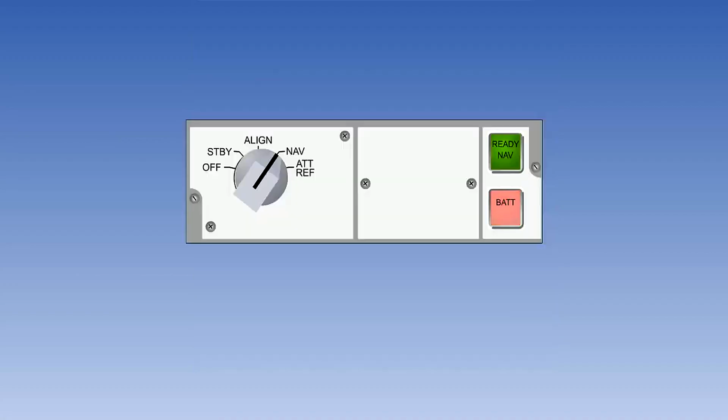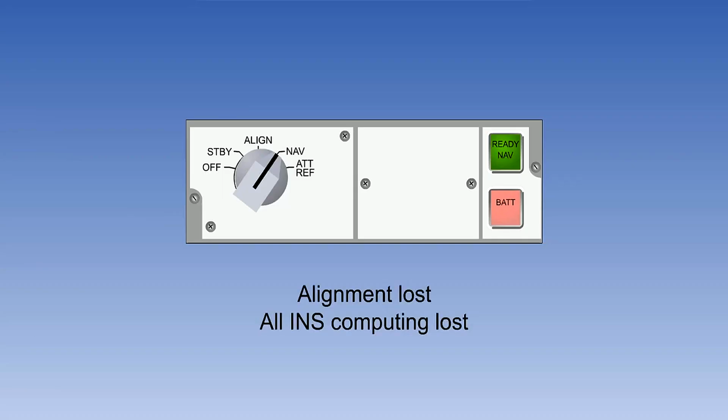There is also an MSU red battery light. As we said, the battery has only a limited charge. If the voltage drops below a specified level with time, the INS functions can no longer be preserved. In this case, the MSU battery light illuminates. This is more serious.